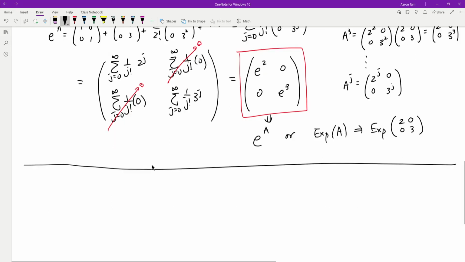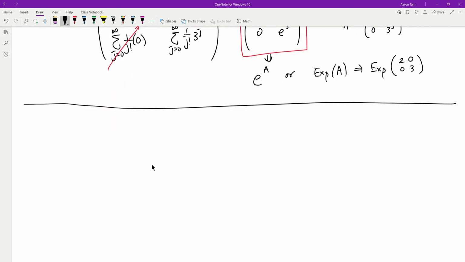And of course, the key thing about it is the following. It is one of the reasons why we write matrix exponential e to the A, because we want to think of it as like the exponential function that we already know from real numbers. Mainly because there are a lot of properties about this matrix exponential that work out exactly the same as our basic e to the x function. So let me show you. Here's theorem